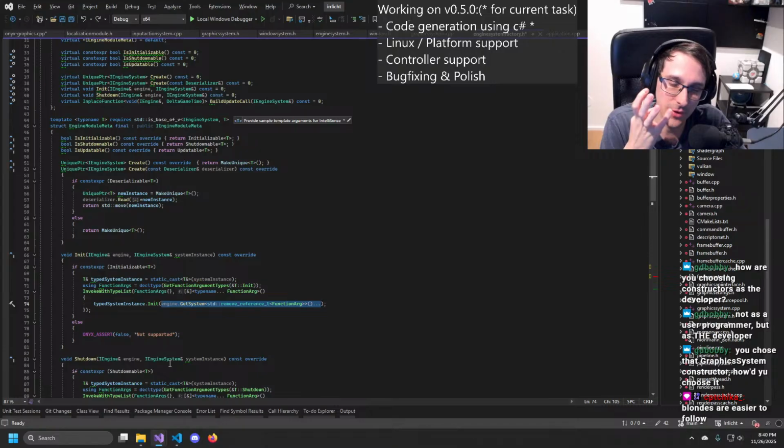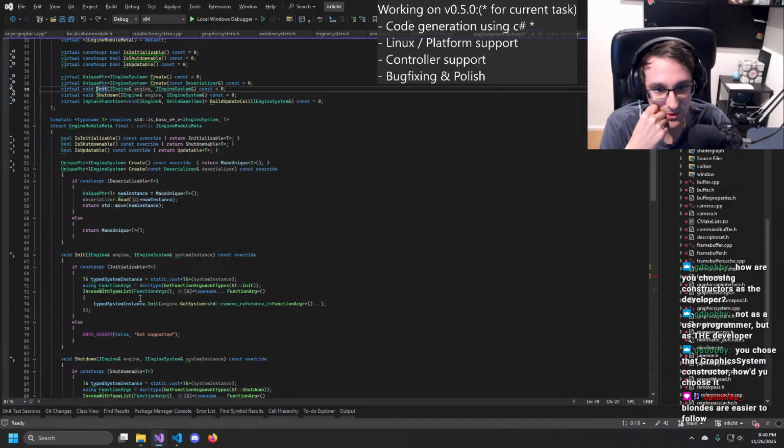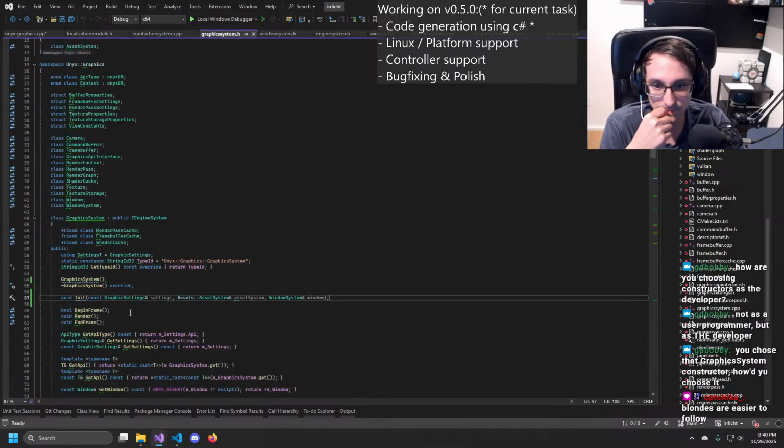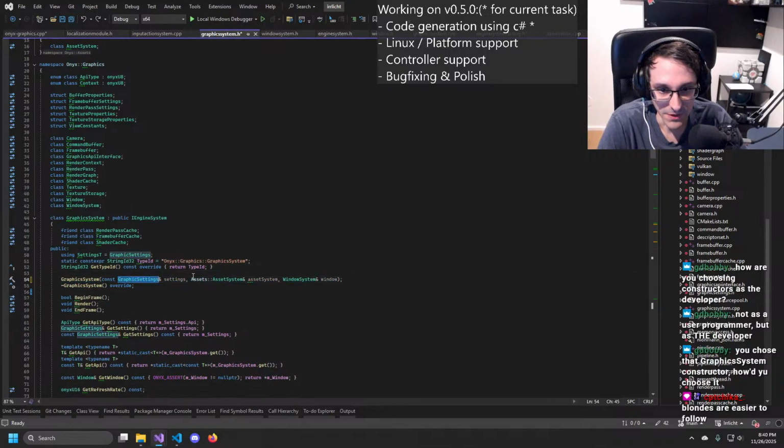I thought it might be nice as well to switch it to the constructor instead of an init call. But in hindsight, that might actually add more complications than it helps. Because I can no longer do that then, since that doesn't work on constructors. So to get the arguments, I would need to feed them into the register call. So we would need to do those three in there.